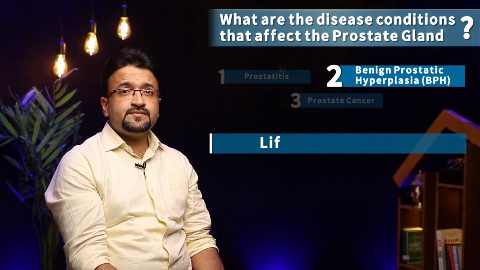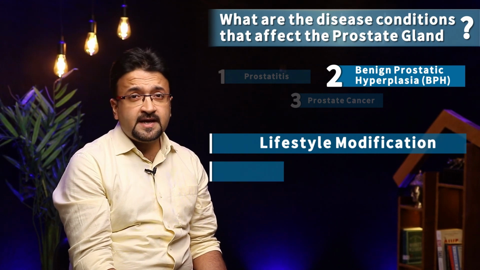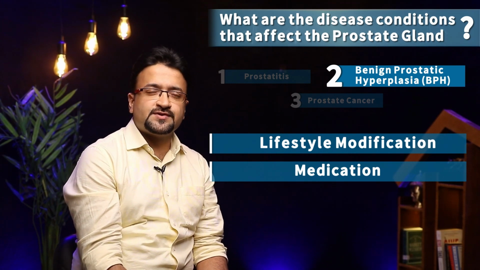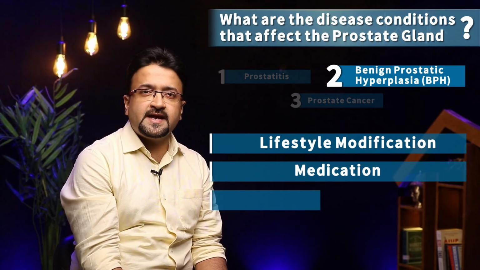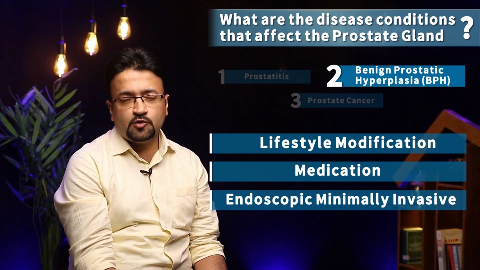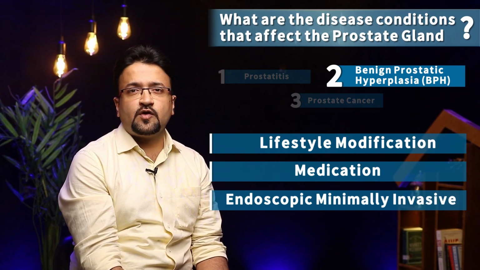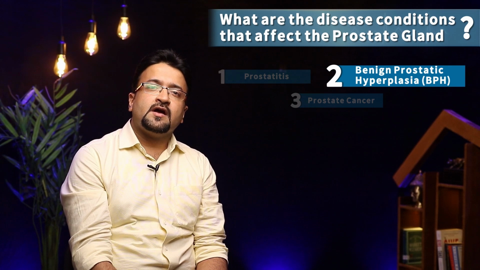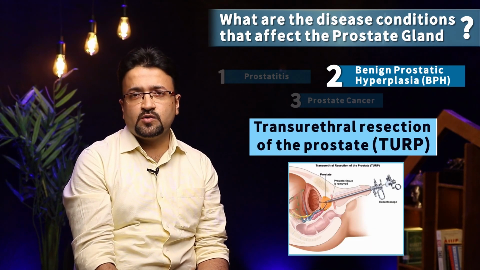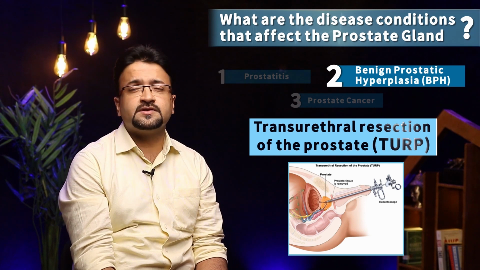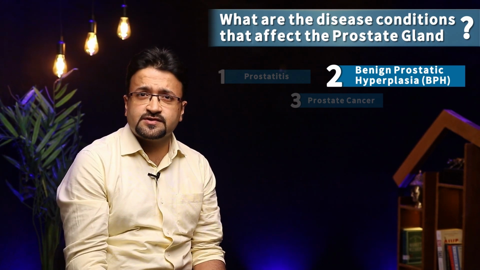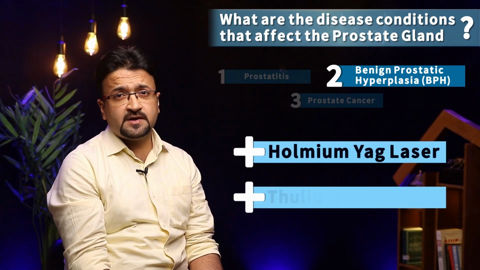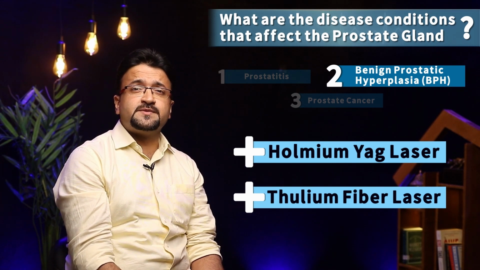Treatments include lifestyle modifications, medications which can be used for a long period of time, and surgical treatment which is mostly endoscopic, minimally invasive. Usually the surgical treatments do not involve any incisions or cuts on your body. They are completely endoscopic. From the age-old TURP, which is the gold standard operation for prostatic enlargement, to the latest laser operations using a host of laser technologies like the holmium YAG laser, the thulium fiber laser, and so on. The results of the surgical treatments are excellent,